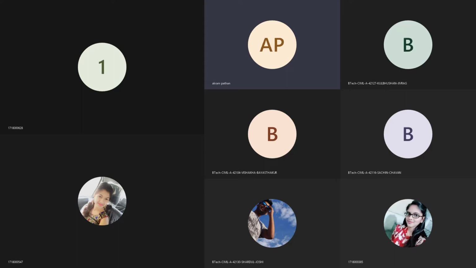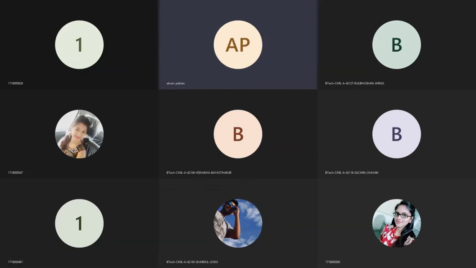So in the last lecture, we had discussed the aspect of new railway track constructions. If you want to construct a new railway track, then from a civil engineering point of view, what is the role and responsibility while constructing a new railway track? So we look into considerations. The first is the alignment of the railway track. Once we have fixed the alignment,